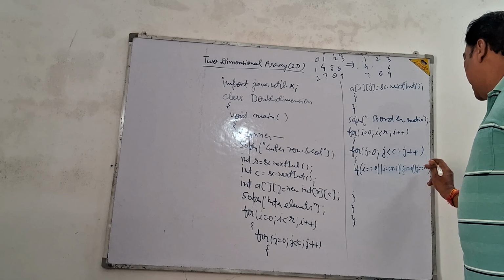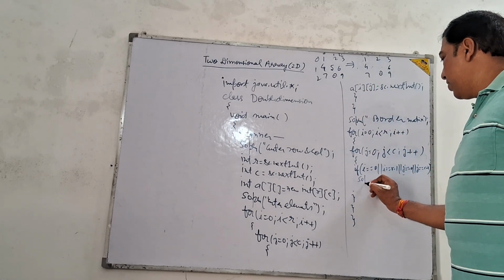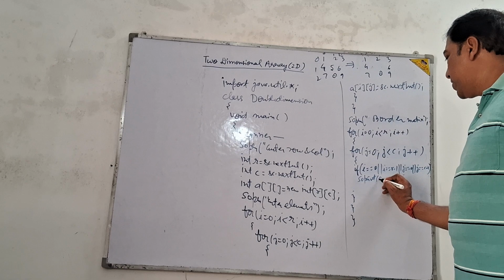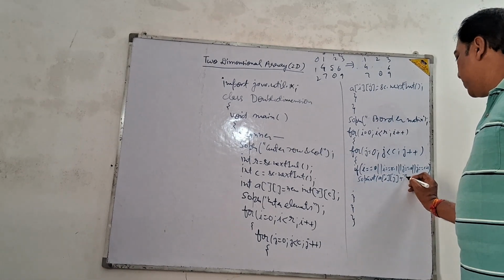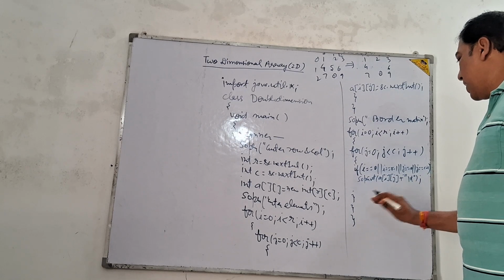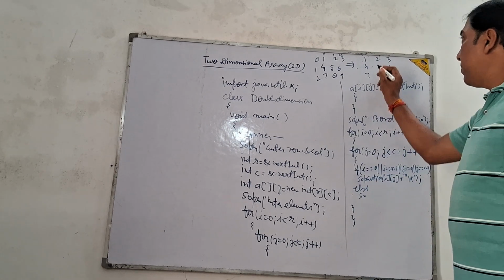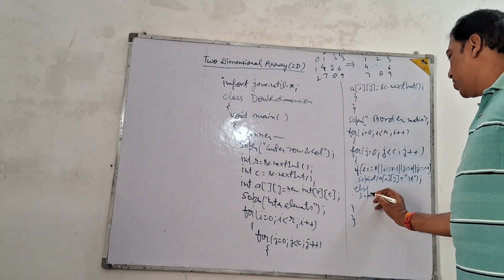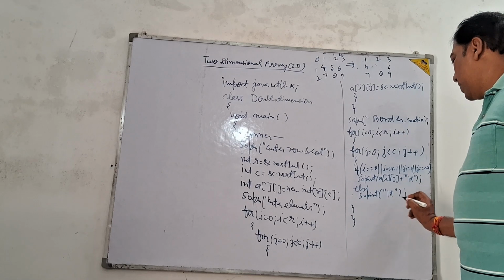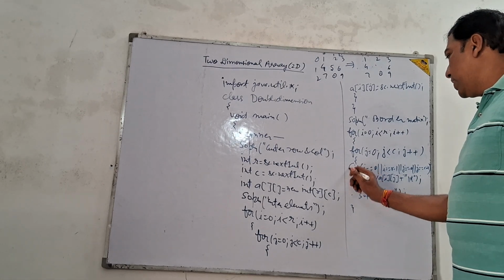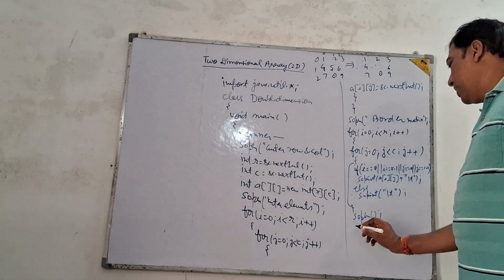So if any one of the criteria is true, that means it is a border element. At that time we will print the element a[i][j] and \t, and in all the other cases we will just print \t for maintaining the space. System.out.print \t. And here after closing the inner for, one println for changing the line, and